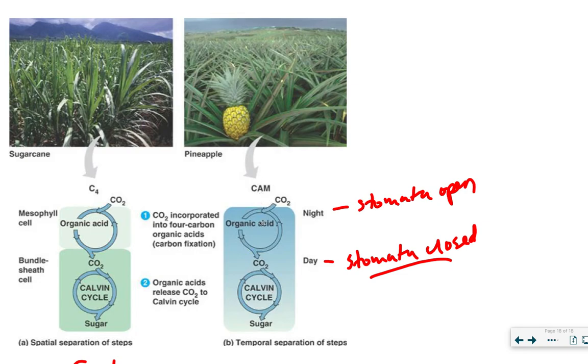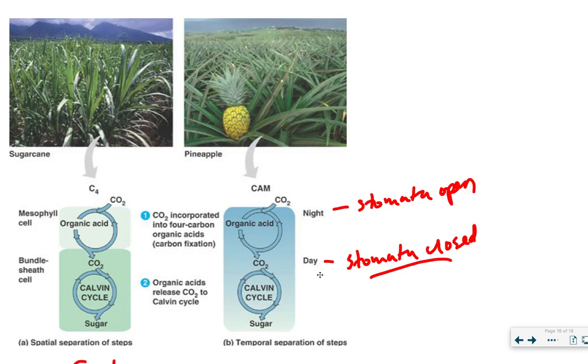CAM plants contain PEP carboxylase just like the C4 plants do, except they're going to fix that carbon dioxide into the 4-carbon intermediates during the nighttime when they can safely open their stomata and minimize water loss because it is nighttime and the temperature is cooler, and they can open their stomata and let in carbon dioxide. That carbon dioxide will be fixed into a 4-carbon intermediate, which the plant will then simply store until the